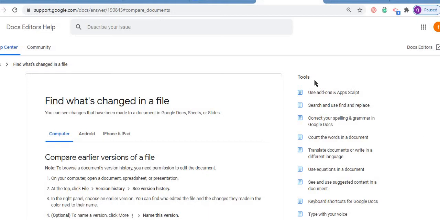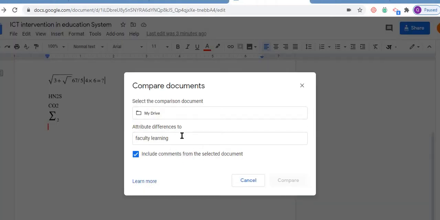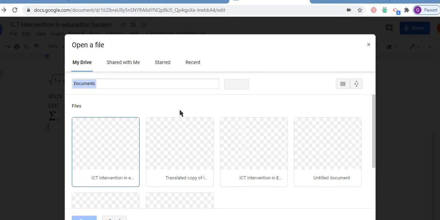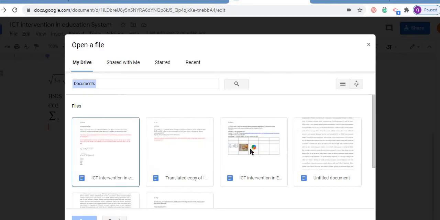So we are going to just wait, let us find out.